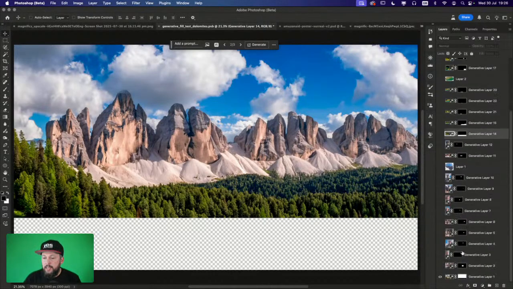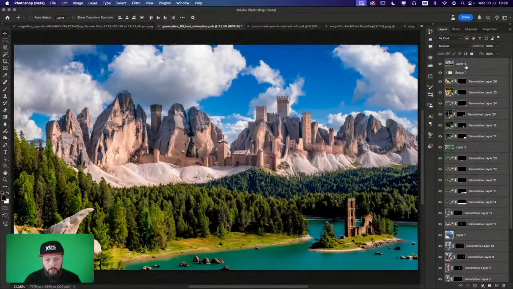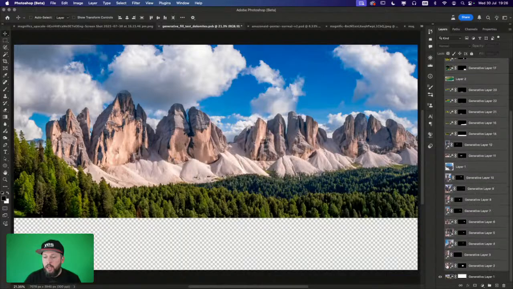So you can see here, I'll just show you the entire composition. Actually, I can show you having all of these turned on all at once. So this is the final result of this little experiment that I had in Photoshop,